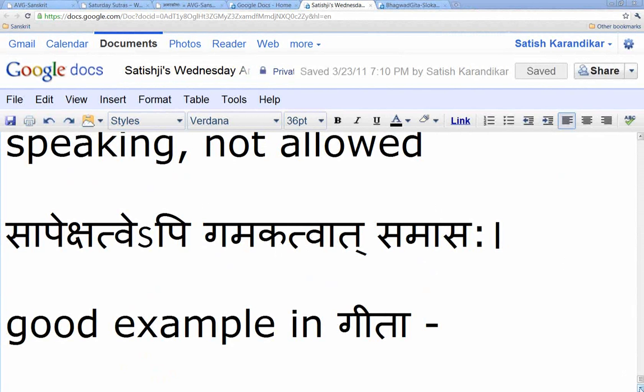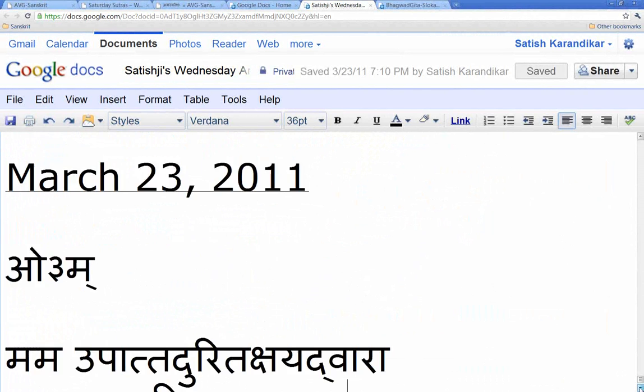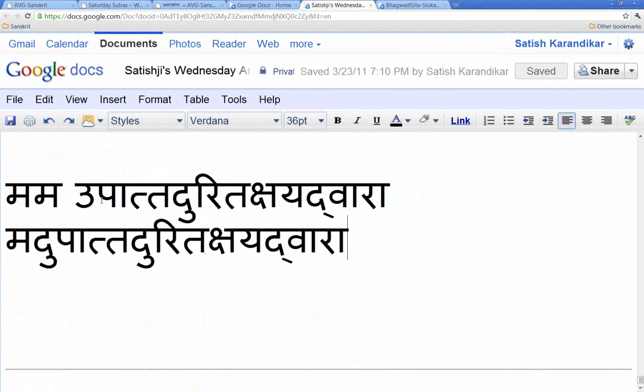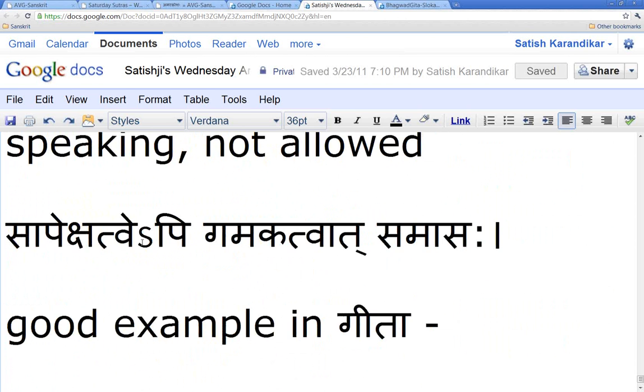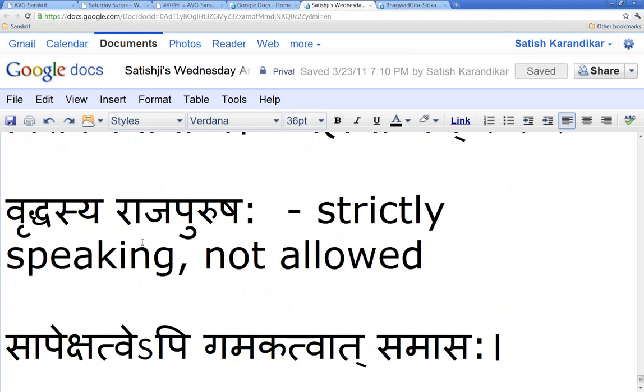When you say Mama Upatta, that Mama is expecting a Sambandha, and the Sambandha is the Upatta Durita. So this part is going with the Mama. Even though it is outside, it can be allowed to stay like that. You have to watch out for this: sometimes you'll find adjectives or something outside the compound connecting to something inside the compound. But we should avoid making these kinds of usages. Now the other thing you're looking at in the book: we just mentioned that we have the sup luk inside the compound by Supo Dhatu Pratipadika Yoho.